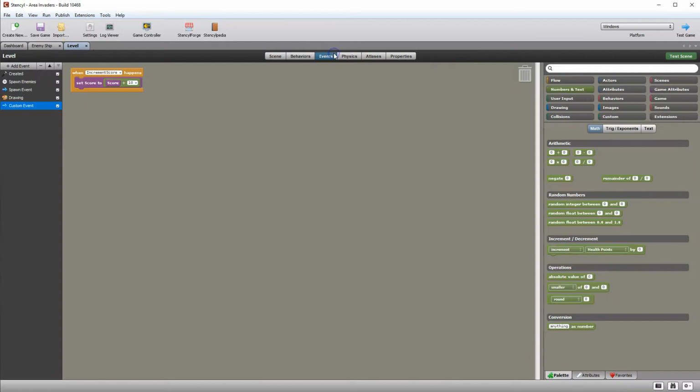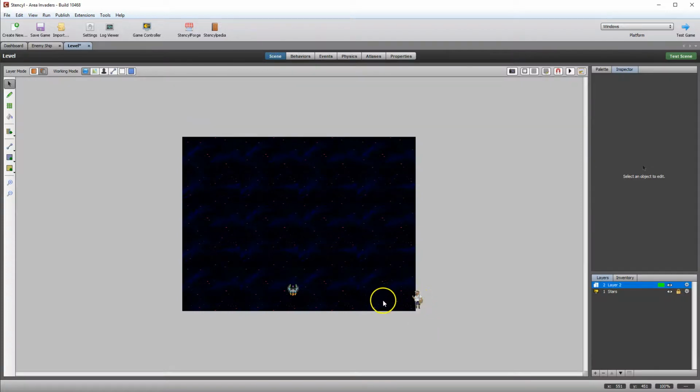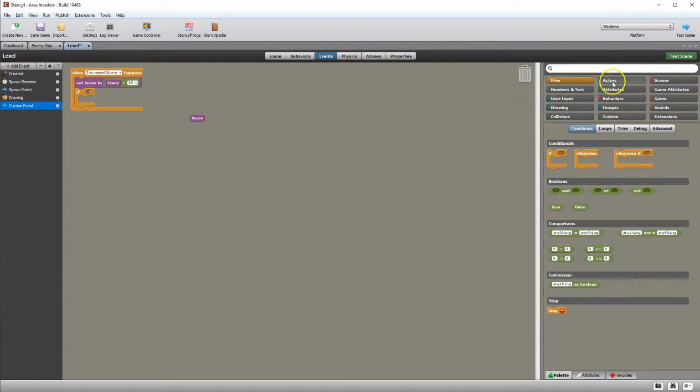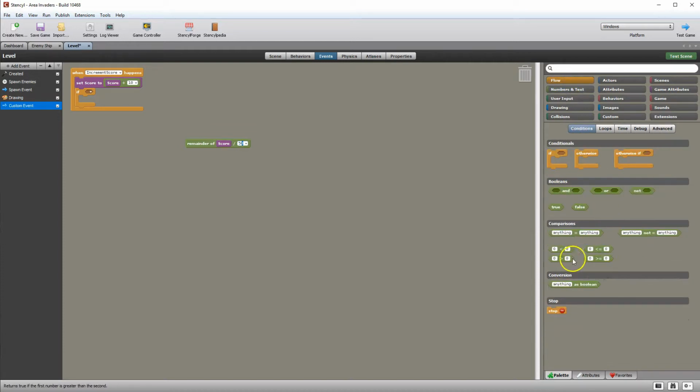So jumping into it, what we need to do is check if, I'll grab the score and duplicate it. If the score is a multiple of, let's go 5, then we'll tell this guy here to come out, say hello, and go away. So what we need is our if remainder of, and we'll say, let's go every 5 ships. So every time the score has a multiple of 50, then we know another 5 ships have been shot down. And if that is equal to 0, so if there is no remainder,